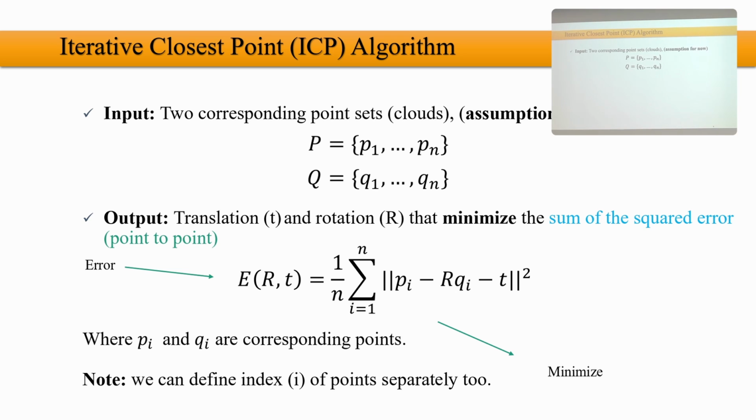So let's break it down a little bit. If we have two corresponding point sets or clouds, we can represent them as point sets P and Q. These represent P1 to Pn, where each of these P's is, for example, a point in the cloud that can be in 3 dimensions: X, Y, Z. We don't have orientation for each point, just X, Y, Z. If it's 2D, X, Y. So P1 has X, Y, Z up to Pn, X, Y, Z. And Q is the same. So we have lots of points